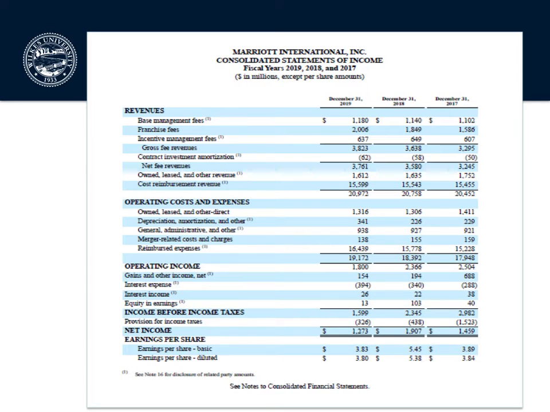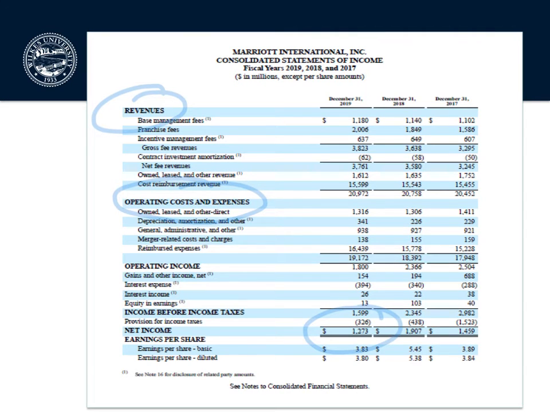Here is Marriott's income statement. Note everything is shown in millions. Here are the revenues and the expenses and the net income for the year. Take a note of this net income. It is the income that is kept or retained in the business at the end of the year. When we retain it in the business, it's called retained earnings, and we will see that number again on the